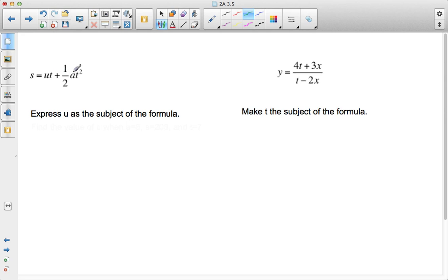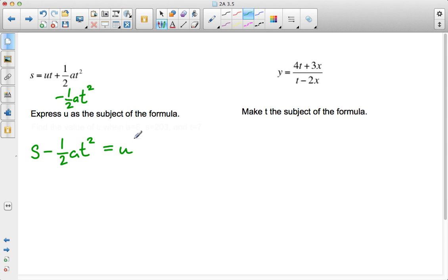Let's take a look at another example. So the first thing I'm going to do here is just focus on expressing u as the subject of the formula. So the idea is to get u by itself. First thing I think I'm going to do is subtract the 1/2 at squared over to the left side of the equation. So now I have s minus 1/2 at squared